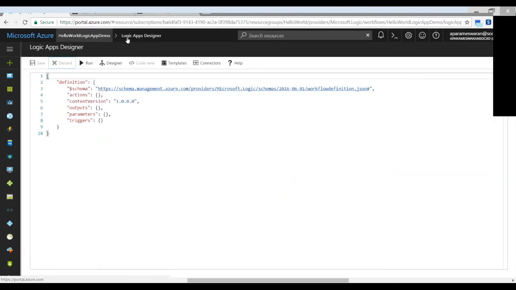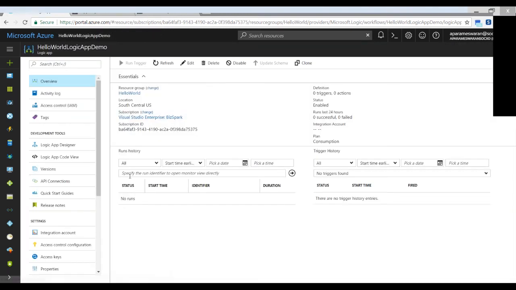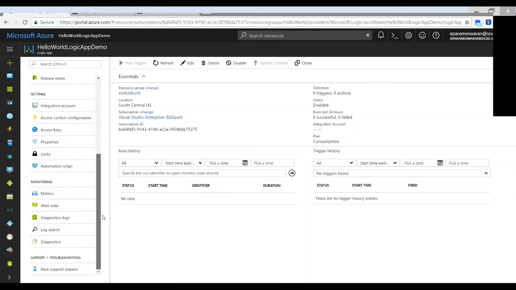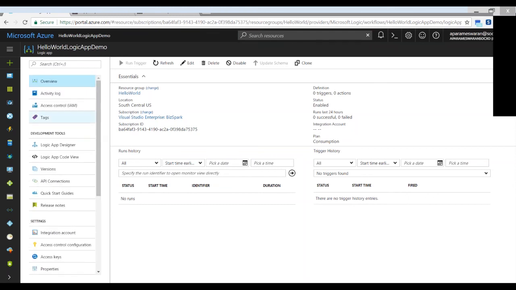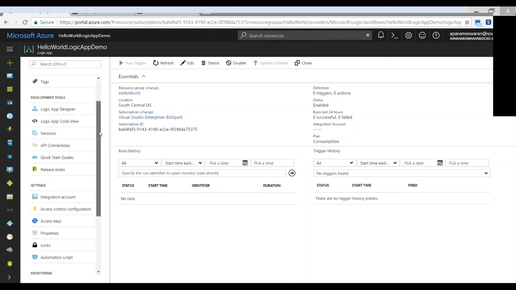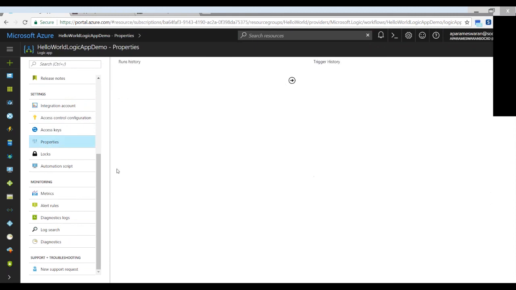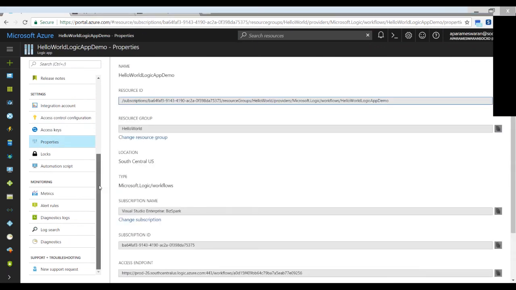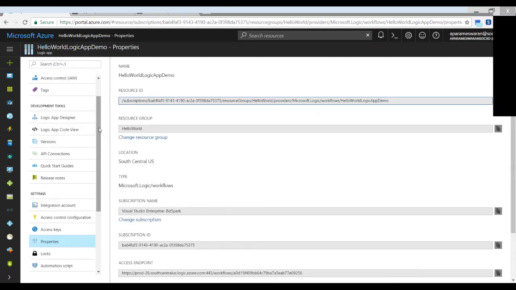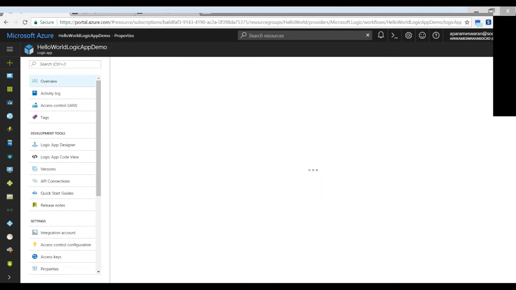This is how, and when you save, it will be updated in Azure and it will start fetching the content. I'm switching to code view, where you can see the logic app workflow definition language schema, which contains